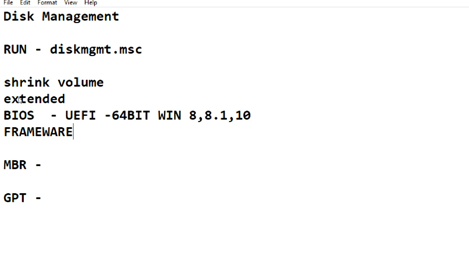If you are using UEFI, now you don't have pure UEFI. You have BIOS and UEFI based motherboards nowadays. So if you are installing UEFI-based operating systems, meaning a compatible operating system, and your disk is an empty disk, then automatically it becomes a GPT disk.